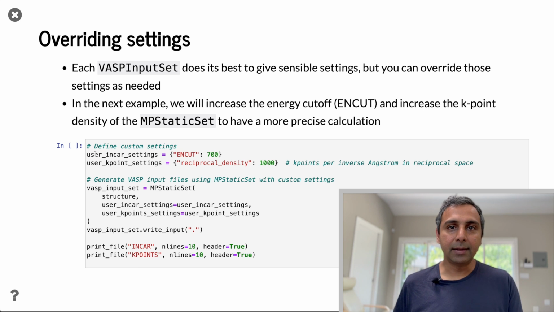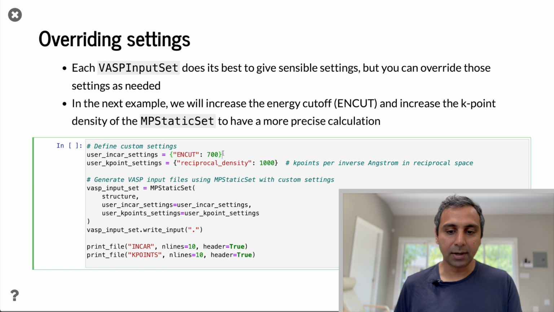So the way to do that is to just define 2 dictionaries, one for the INCAR settings that we want to update. So here we want to update the energy cutoff to 700. Another one for the K-point settings we want to update. So let's say we want to have a K-point setting such that we have 1,000 K-points per inverse angstrom in